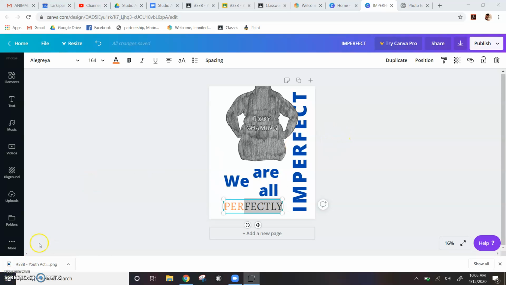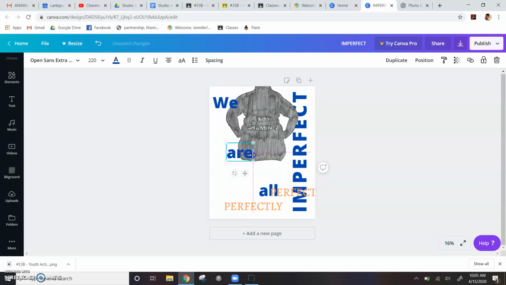I'm also going to play around with my text and make it have some meaning related to the message here. So I'm going to take part of the word perfectly. I'm actually just going to duplicate this whole thing by clicking the duplicate button. You can also do copy paste. I'm going to move the we are all just for now. What I'm going to do is I'm going to delete the first,